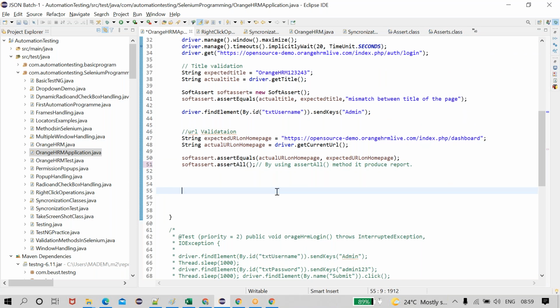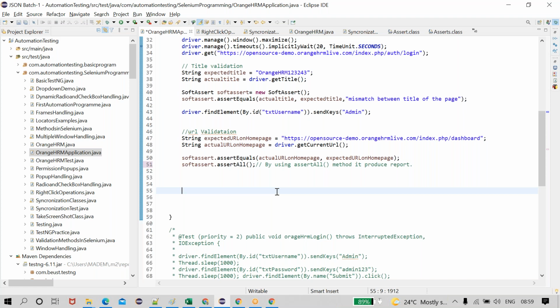Okay, that is that. How many types of assertions are there in TestNG? There are two types of assertions in TestNG. One is the soft assertion, another is the hard assertion. Hard assertion is nothing but the normal assertion. If any line of statement fails, the next line won't be executed. In the soft assertions, if any line of statement fails, the next line will be executed. The last method should be assert all to get all the failure conditions report. Okay, next line will be executed.